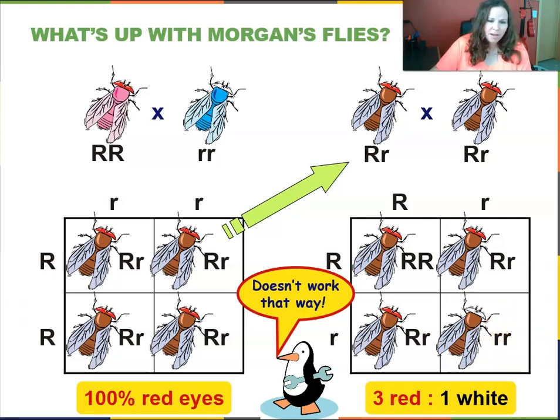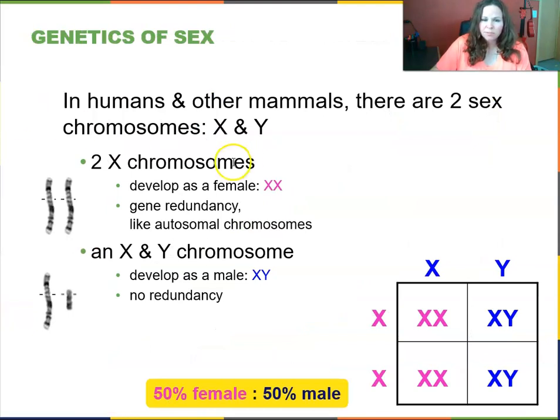So what's going on here? In humans and other mammals, there's the two sex chromosomes, the X and the Y. Again, 2 X's becomes a female. They have 2 copies then of each gene, but the X and the Y results in the male, and they just have the 1 copy of each. Here we can see from a Punnett square that male and female, 50-50 chance of being a female, XX, 50-50